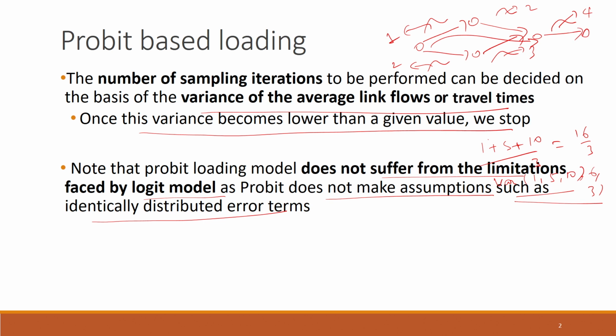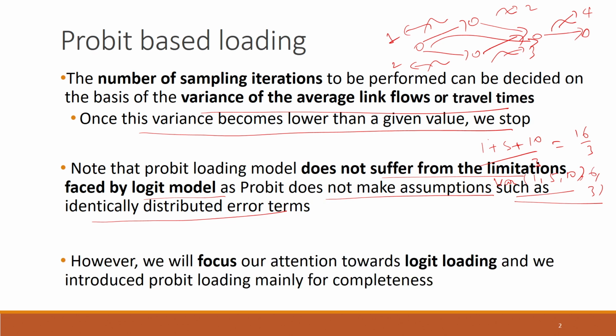Okay. And also the variance of one of these error terms need not be exactly the same. Okay. So for example, if it's a bell shaped curve in 2 dimensions, the variance in one dimension need not be exactly the same as the variance in the other dimension. Okay. So those kind of limitations that the logit suffers are not there in Probit,